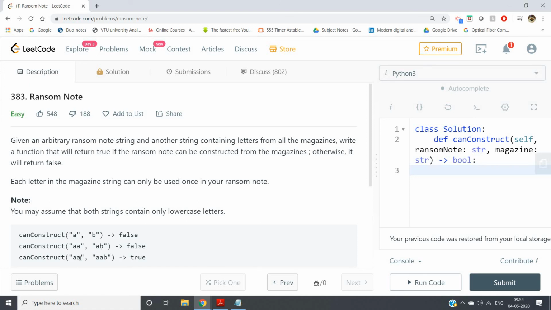Like here you can see A is present. For this A the frequency is 2, and for the same character A here also the frequency is 2. In the first string the frequency is 2, and here also the frequency is 2 in the second string. I am talking about character A only. So it should always satisfy that for any character in the first string, the frequency or count of that character should be less than or equal to the frequency or count of the same character in the second string.